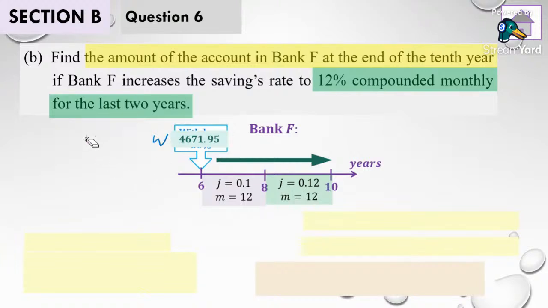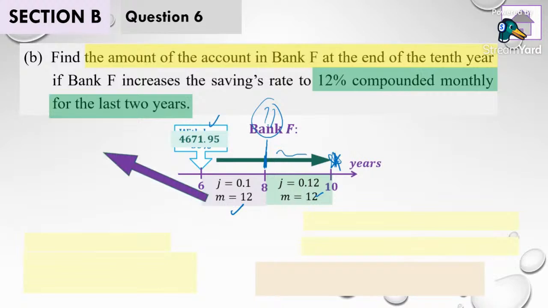Of course, if you're alert enough, you can actually calculate this in one shot to get the answer. But here, as a beginner, we just try to calculate slowly. For the procedure of the calculations, I would like to consider part by part like just now. From this value here, using this interest rate, all the way to the end of 8 years, we would like to see how much. Then from here, it further grows with a new interest rate until the end value that we want according to the question. And let's see how much we get.